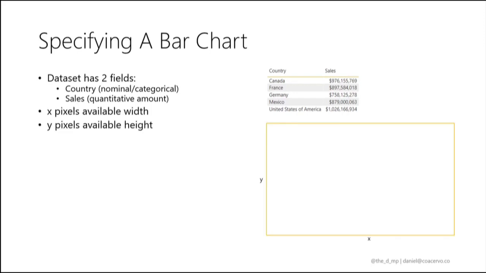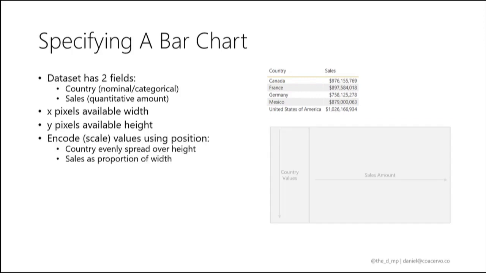If we think about a Power BI visual, or any place we want to represent a visual, we have X number of pixels wide, Y number of pixels high on the screen, two dimensions either way. So we have our width and our height in terms of constraints. What we then need to think about is how we might encode or scale those values from the table using position. So with a bar chart, we might want to, if we're representing country, which is nominal,